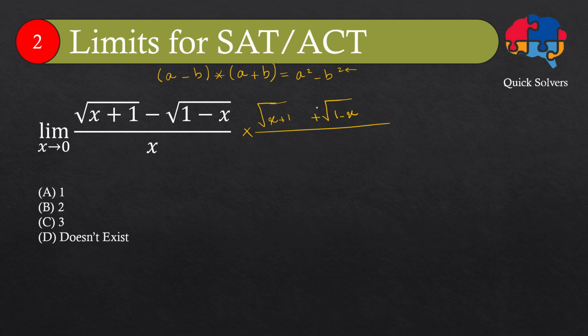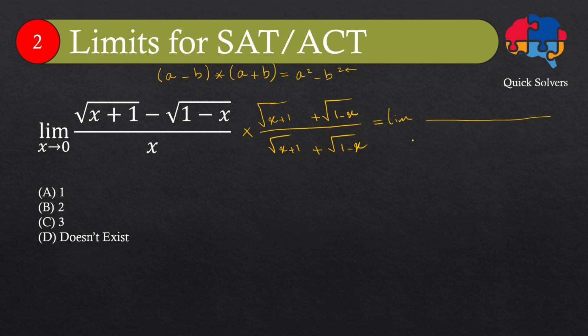And since I don't want to change the function, I need to multiply this whole function by 1. So I should have the same expression in the denominator: square root of x plus 1 plus square root of 1 minus x. Okay, maybe this is too long. Okay, and this equals to the limit of,